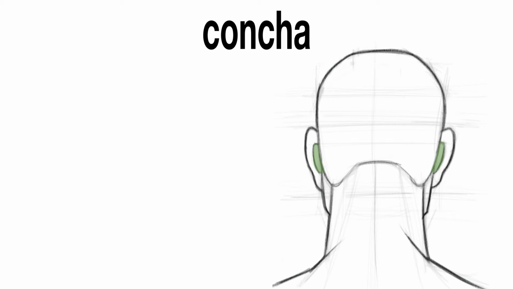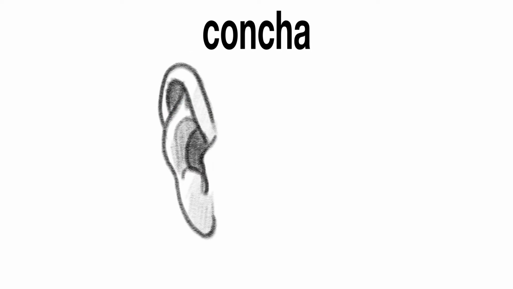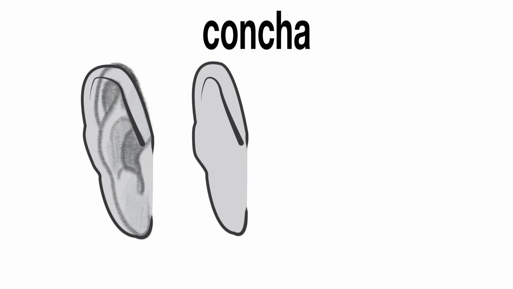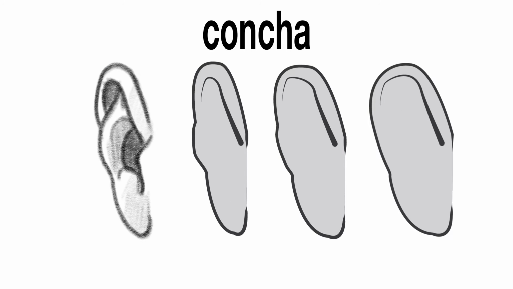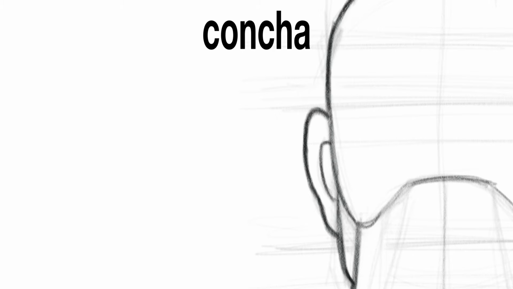It is the form that sits on the head and provides the support needed to push the rest of the ear away from the skull. This is an important structure when drawing an ear from the front view or a back view. From a frontal view, the concha sets up how far forward the ear angles towards the viewer. From a back view, the concha is a predominantly seen feature. Here's a view of the ear from the back. We can see all the forms of the upper ear connect to the concha first, and then the concha is what connects the ear to the head.